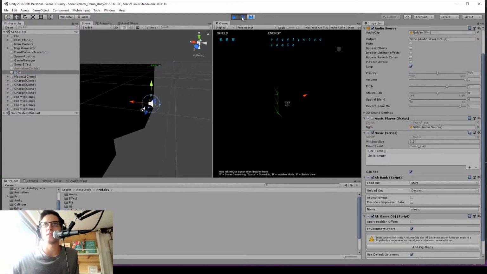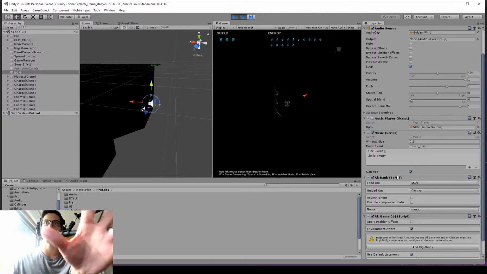So we can see that our window is working here. The music is playing through Wwise and it's opening up a window where the player can fire off the sonar. And of course, we can also use this to just fire the sonar if we don't want the player to have to deal with it, depending on which direction we go. But